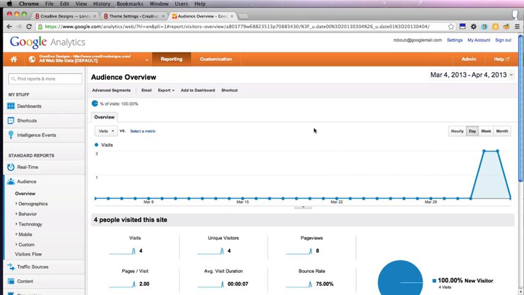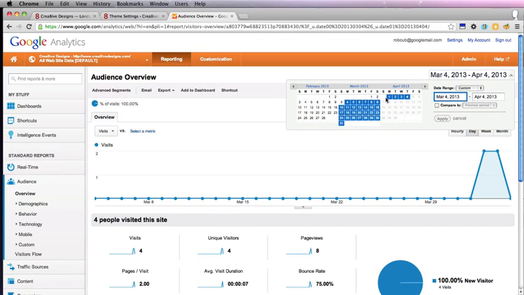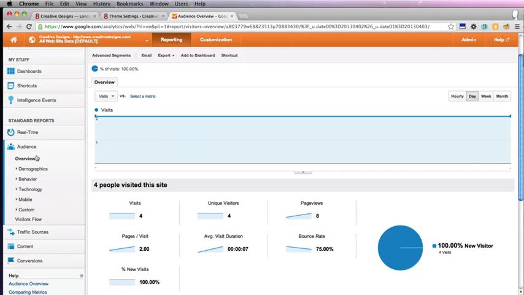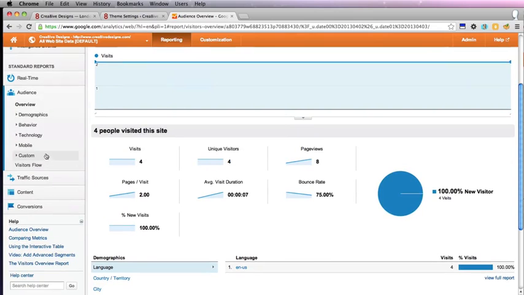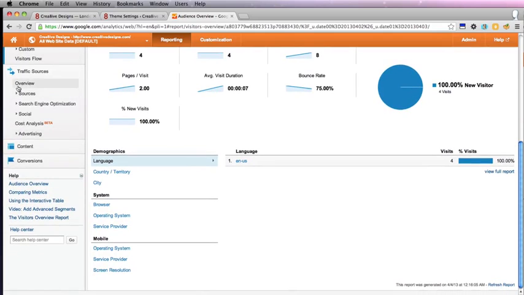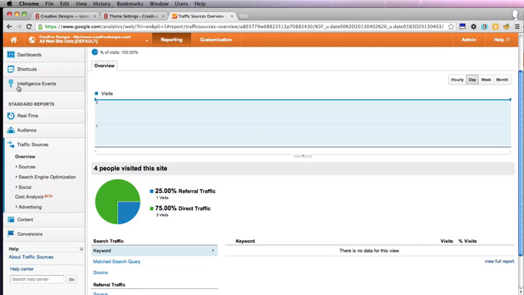This will just show you a bit about Google Analytics. Here, top right, you want to choose the dates, and let's choose the 2nd to the 3rd. So these are the first 2 dates where Google Analytics was installed. Here we've got the audience, and there's lots of data here. I'm not going to go through it all at the moment, but you might want to look at traffic sources first of all. Let's click on Overview here. And here you'll see immediately that one of the visits has come from referral traffic, and 3 of them have